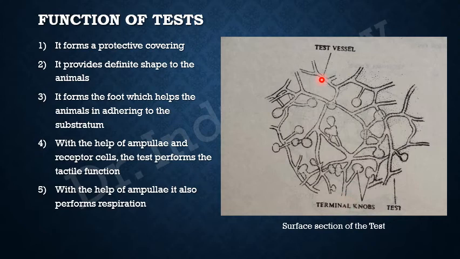And below it there is the anastomosing structure of the vascular tubules. The anastomosing structure means it's starting here, then joining this branch over here, then joining this branch over here. So they are all anastomosing with each other. So this is that diagram showing you the test, and it is the surface section of the test. So it is showing all the knobs on the surface, and below the knobs are the anastomosing vascular tubules. Now let's come to its function.